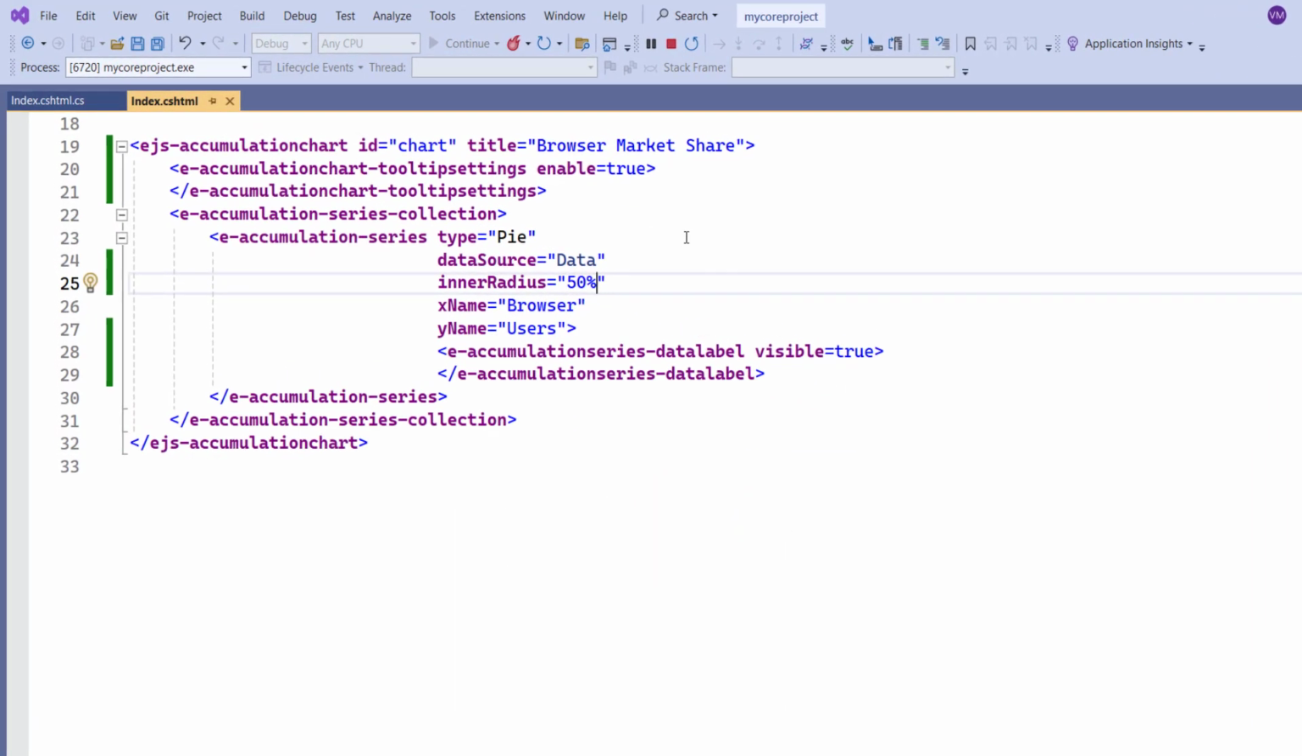Next, I will show you how to render a pyramid chart. In the Accumulation Series tag, change the